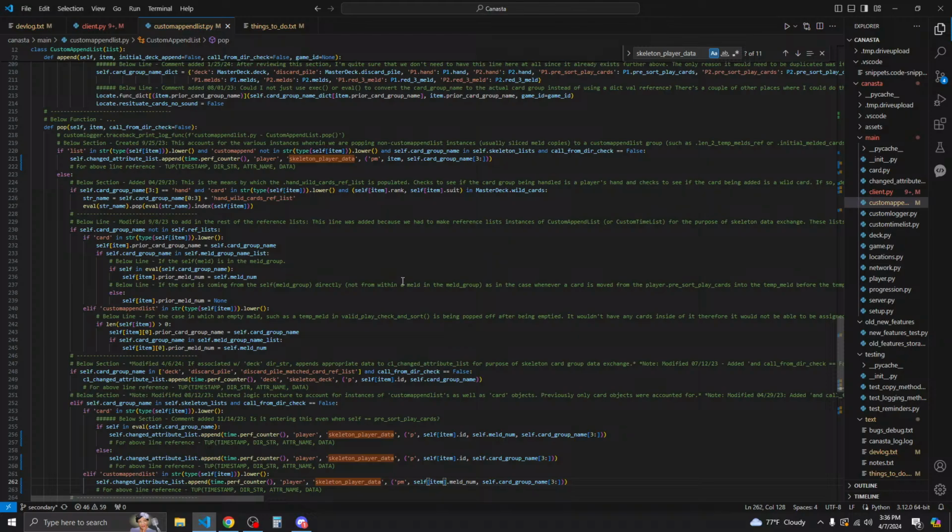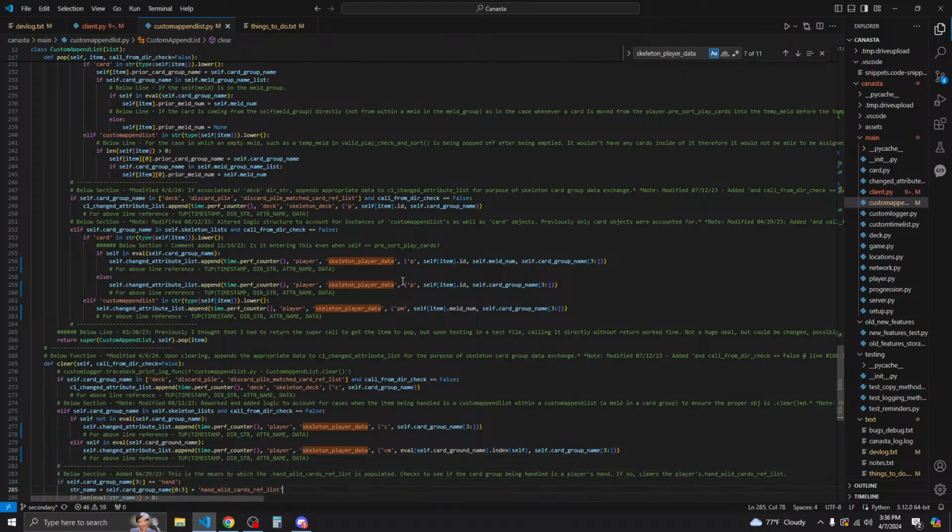Okay, and yeah, that makes sense. And then we have clear: if card group name is in the self skeleton list, card group is equal to false, self not in the card group, self change attribute list append timestamp player skeleton player data. Then we have C for clear and then just the